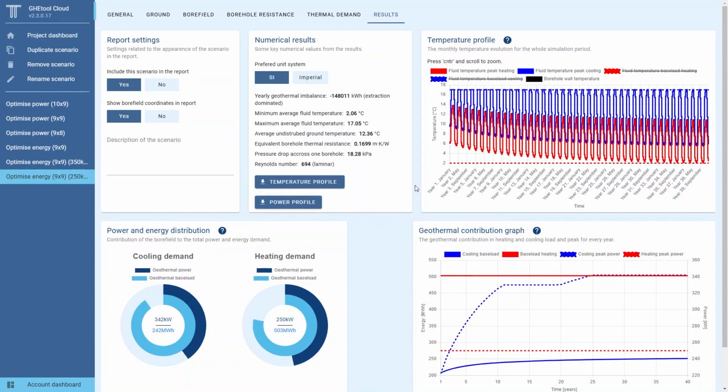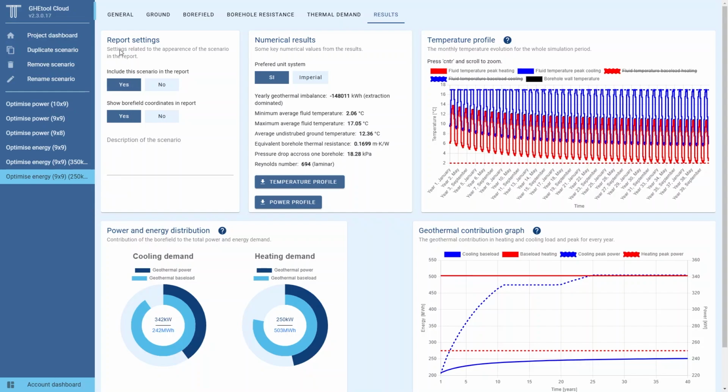So by installing more geothermal cooling, we have a lower ground imbalance. This means that the ground does not cool down as much as it did before, meaning that we can extract more heat from the ground. So that's basically how you play around really with this hybrid system